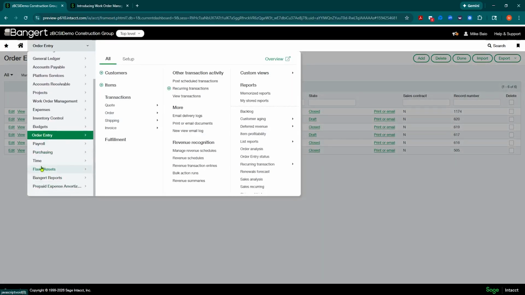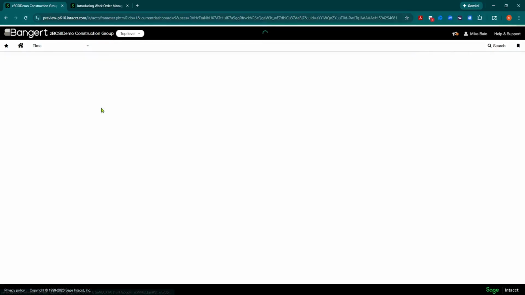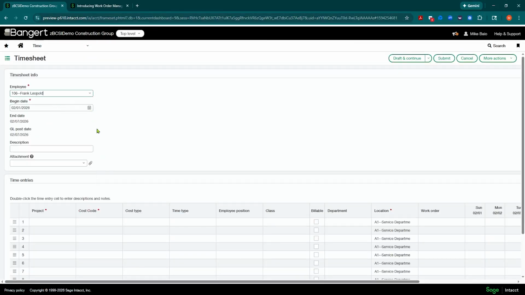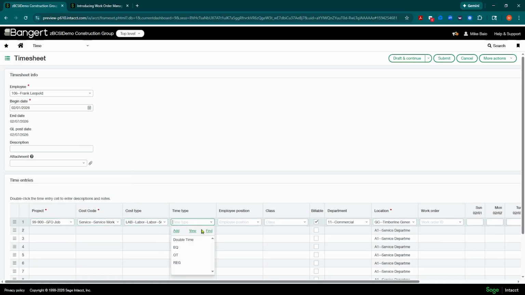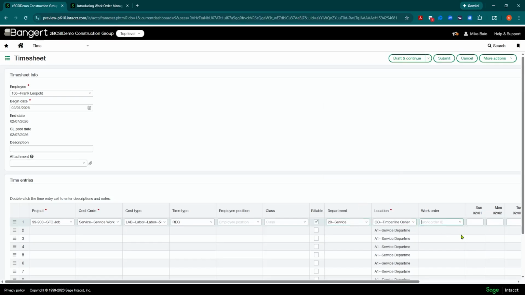And if you're doing time through staff timesheets or my timesheets in Intacct, you'll now notice if I go in and enter some time for Frank, who we assigned that work order to, we could come into here. You will need a project in here, so you probably want a service project set up. I have one set up, and I'm just calling it service work, for a cost code. It'll be labor. Let's just say it's regular. Over here, I have my department filled out wrong, but yours would pre-fill correctly. And you'll be able to code time to the work orders.